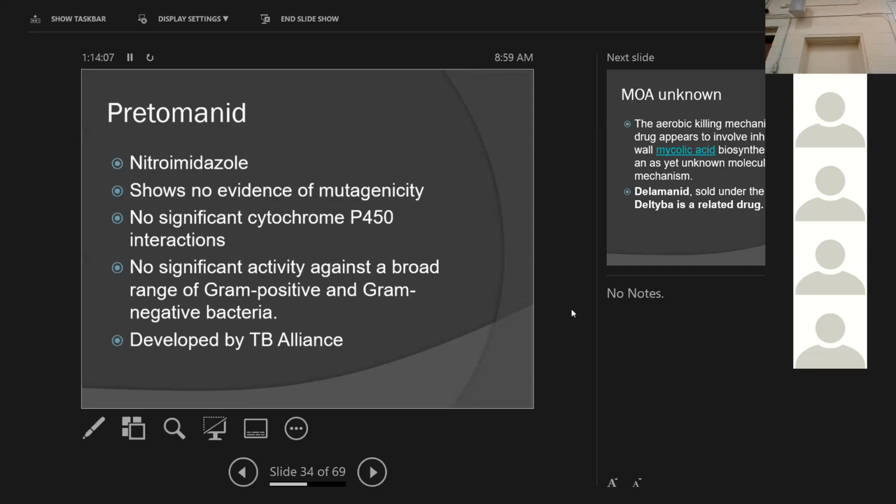Now there is a group of mycobacteria that are called extremely drug-resistant mycobacteria. XDR-TB, extremely drug-resistant Mycobacterium tuberculosis. There are some new drugs that are used to treat those XDR strains. This is one of them. This is a very new drug,